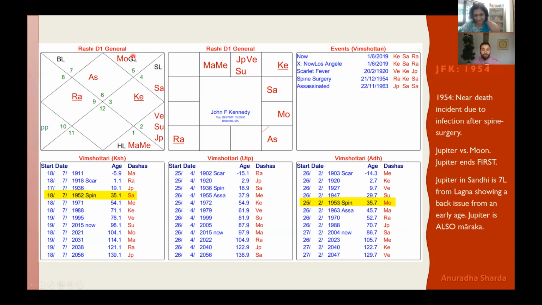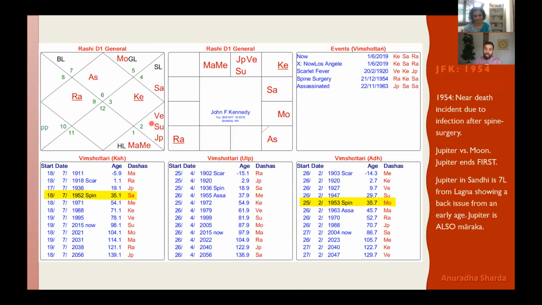And then you see here, his 7th from Moon. Maybe you think it happened with time, right? 7th from Moon is loaded by Saturn or Rahu. Aquarius is here. Saturn is well placed, I thought. Rahu, maybe he's badly placed, but he doesn't have any control over our body, right? He causes issues in the mind. He doesn't have a body. If I take Lagna, then Jupiter is the 7th lord. We remember that Jupiter, don't we? And he was in Sandhi, right? So maybe this issue is from a very early age. Genetically, he has a bad back. It's true. From a very early age, he had back problems.